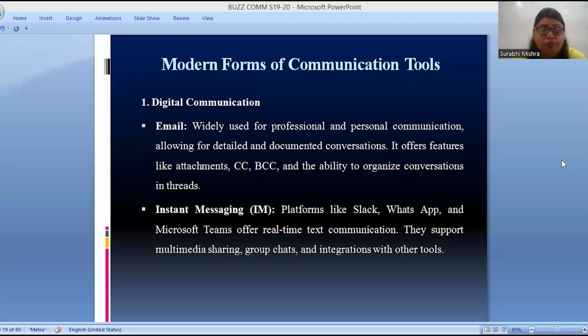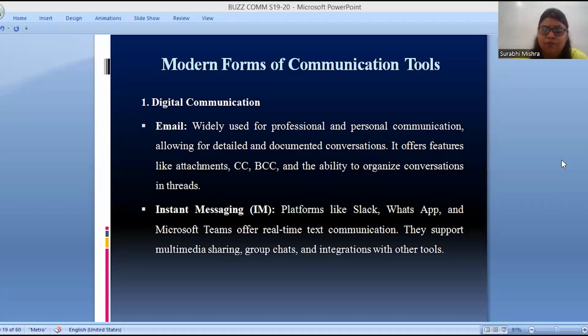They support multimedia sharing, group chats, and integration with other tools. So when we talk about digital communication, it includes email and instant messaging. In instant messaging, there are many platforms like WhatsApp, Slack, Microsoft Teams, and many more, right? Which help you to interact in real time.